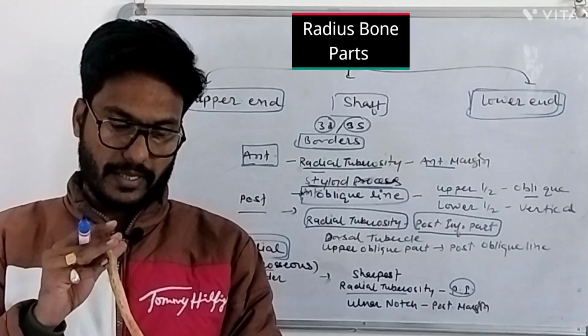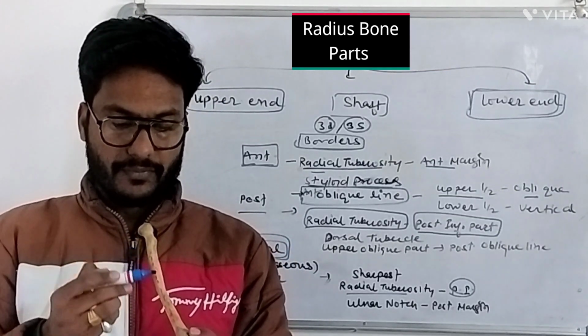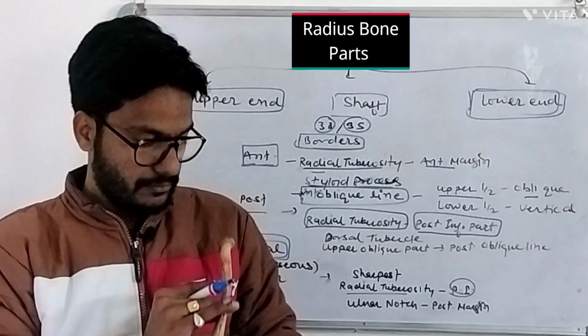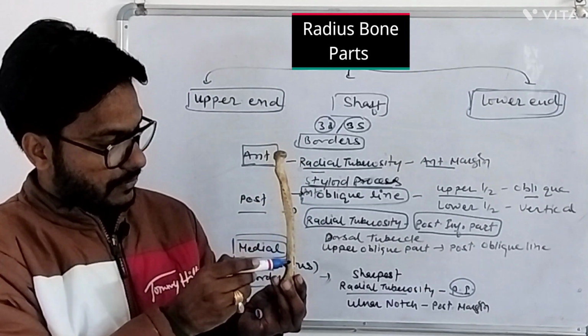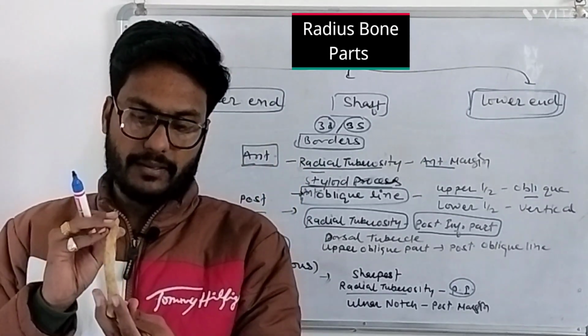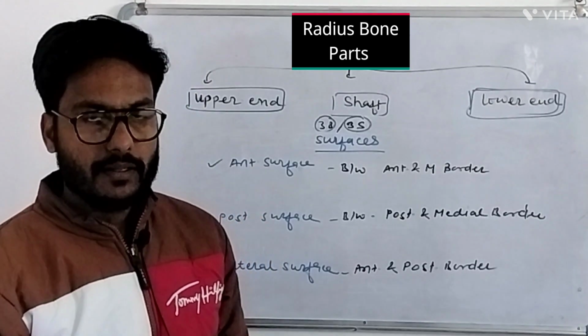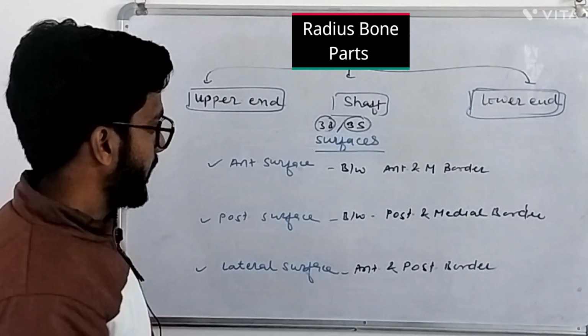One is anterior, one is posterior, and one is medial and also called the interosseous border. Next अब हम बात करते हैं सरफेसेस।